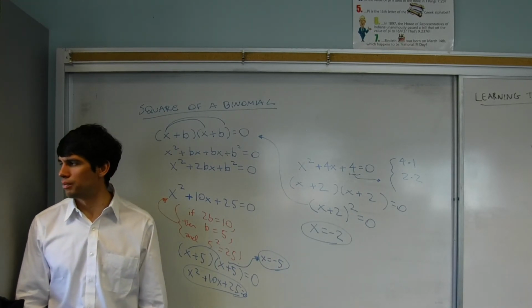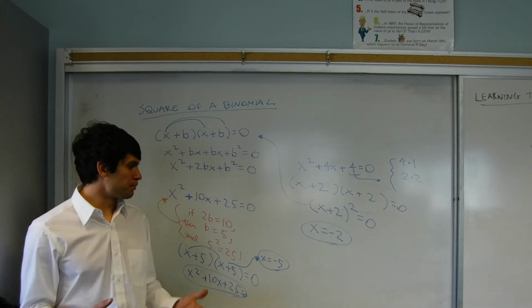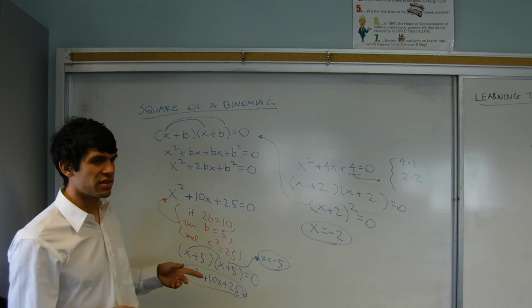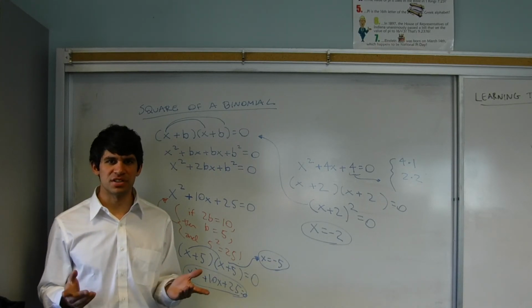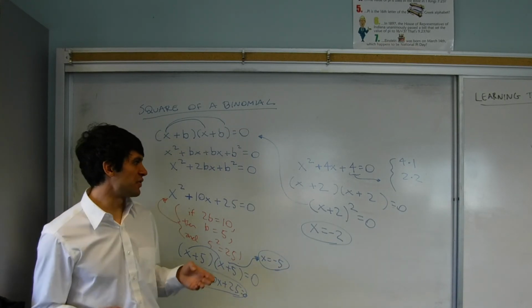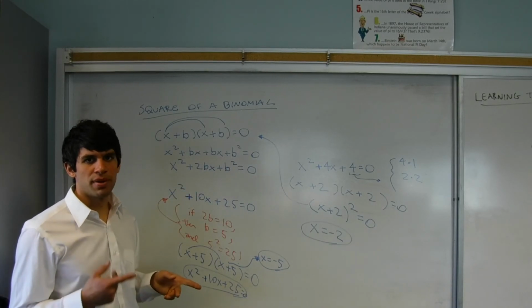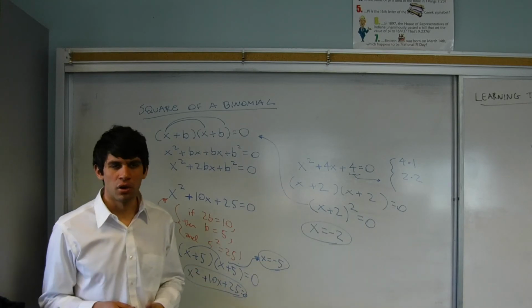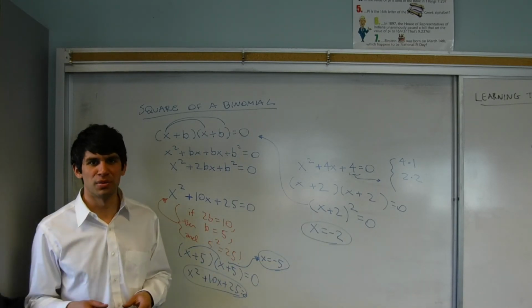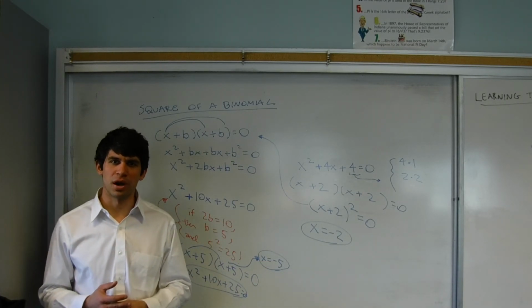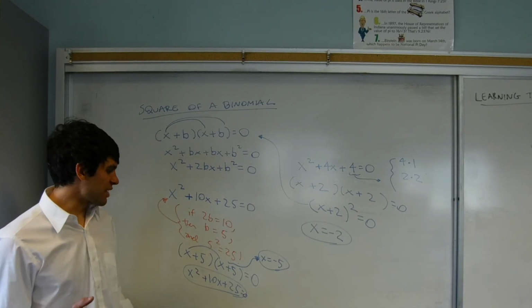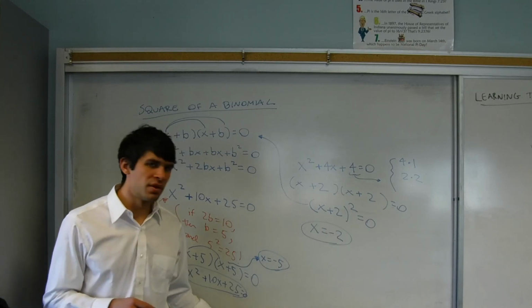So really, you can solve these problems using the traditional method of factoring, but it can just save some time and make things easier if you can recognize those two patterns and say, oh, I recognize that that's a difference of squares, or oh, I recognize that that's a square of a binomial, and it just makes these problems much easier to solve. So in our next lesson, we're going to shift gears a little bit, and we're going to go over